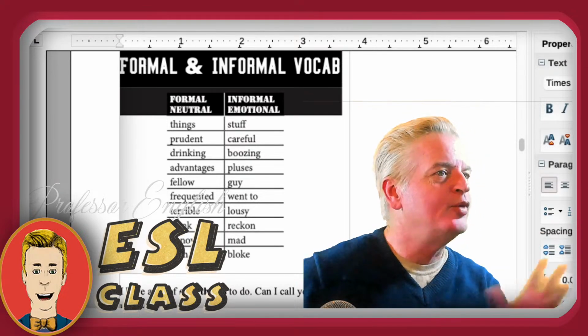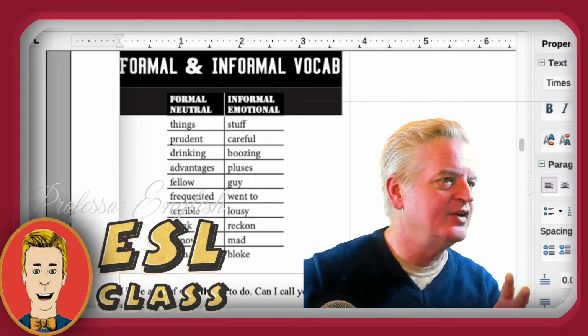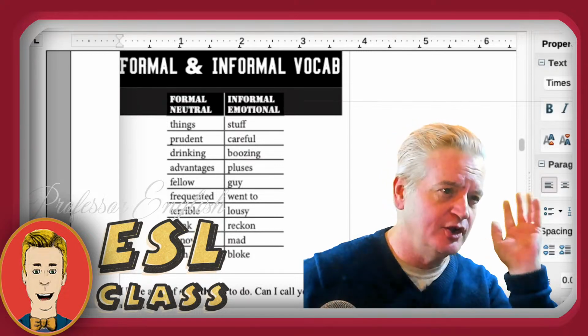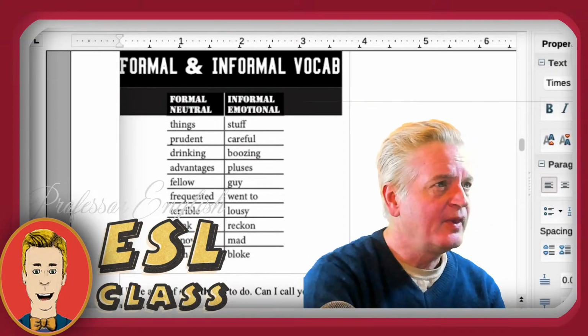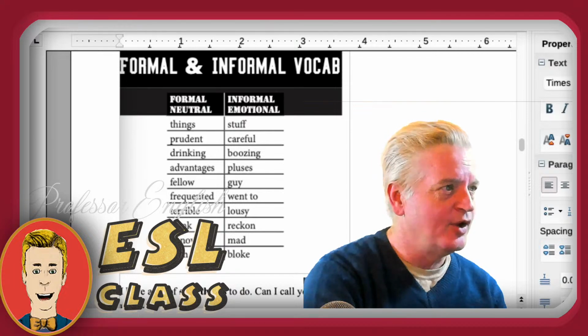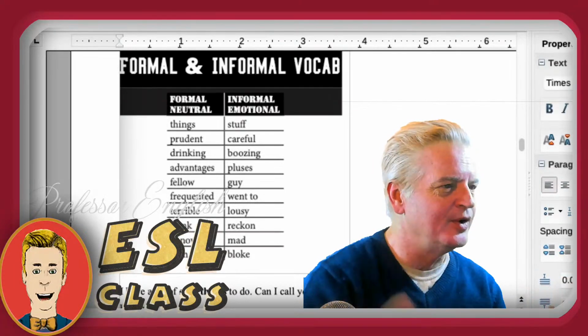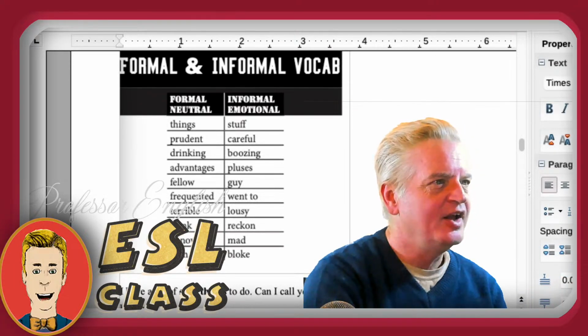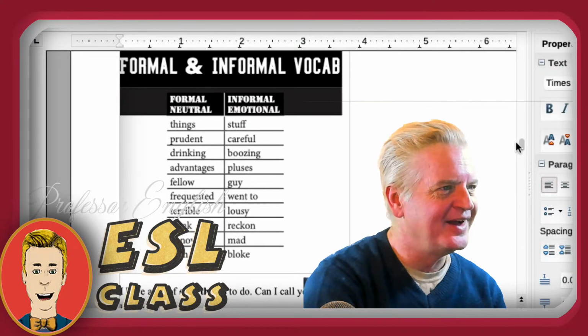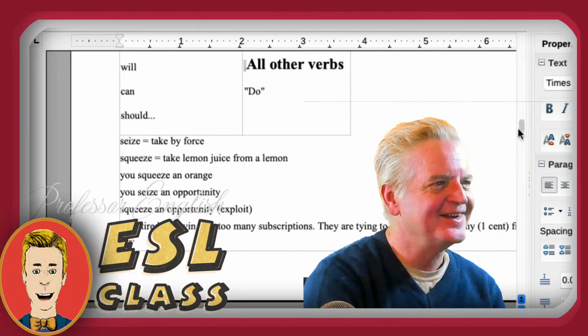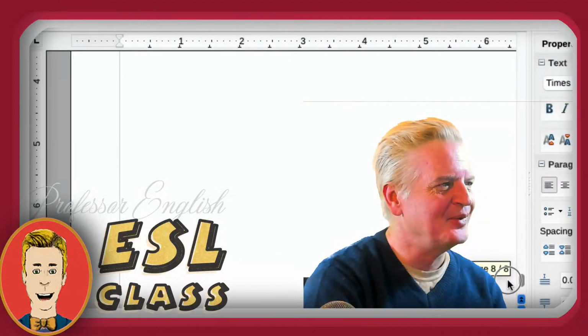If you go out boozing, that means you didn't just have one or two drinks. You went out until you were completely drunk. So that's the difference between alcohol and booze. Booze is kind of a funny word. You will make people laugh if you use that word with them. They'll say, what? How do you know that? It's like a secret code.